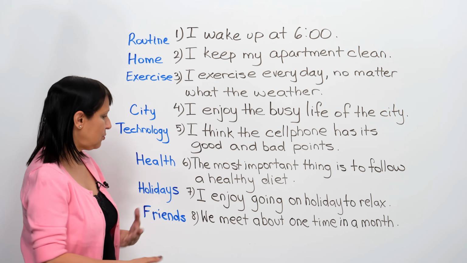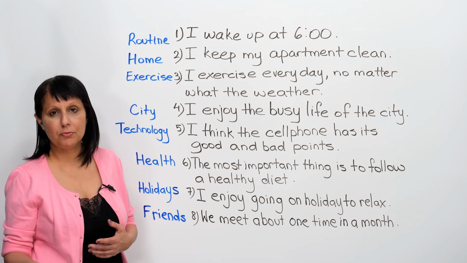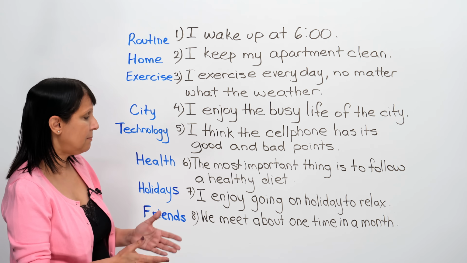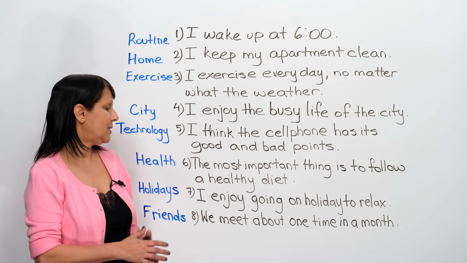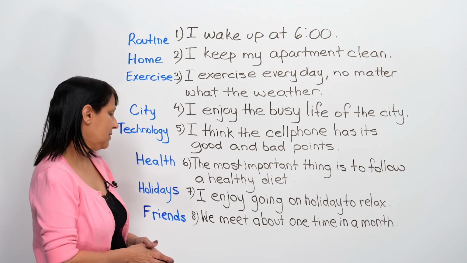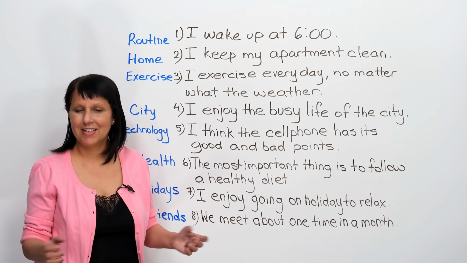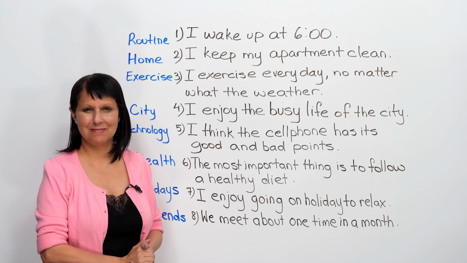And suppose they ask you to talk about your friends. Do you meet your old friends? How often do you meet them? And you could say, we meet about 1 time in a month. That's actually not even good English, okay? But instead of that, you could say, well, we meet once a month, more or less. Okay? Again, more or less, using those antonym binomials, okay?